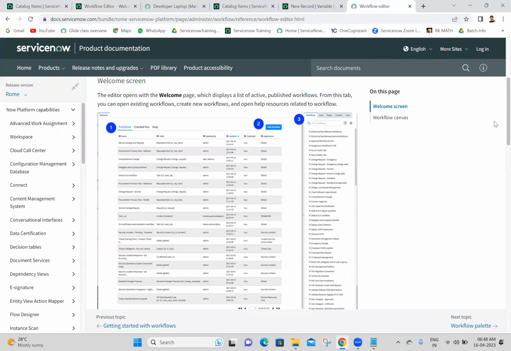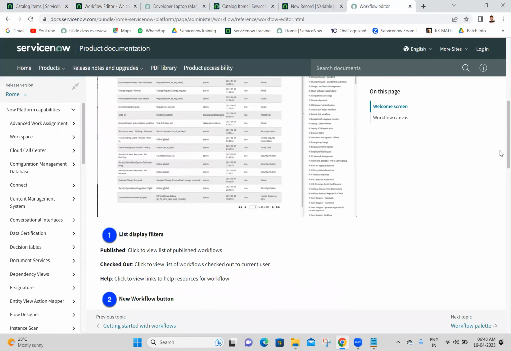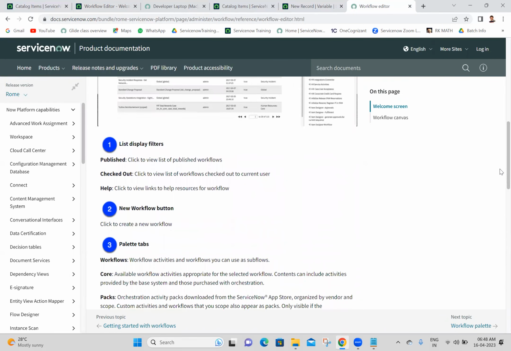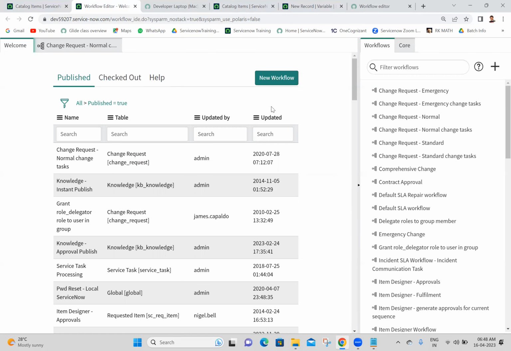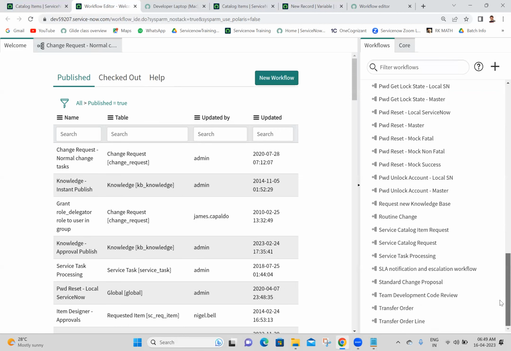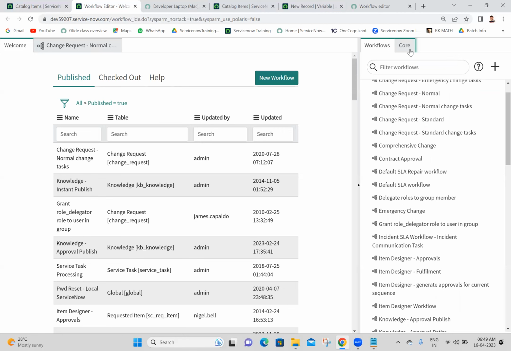Okay. Yes. The third one is palette tabs. We are calling it palette tabs. Here workflows is one palette tab, core is one palette tab. Okay, these are the palette tabs. Within this workflows palette tab, you are able to see all the workflows available in your organization. If we go to the core,